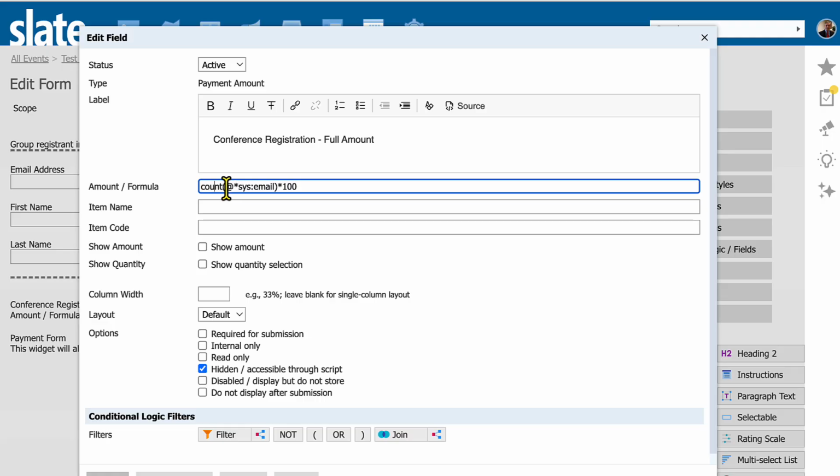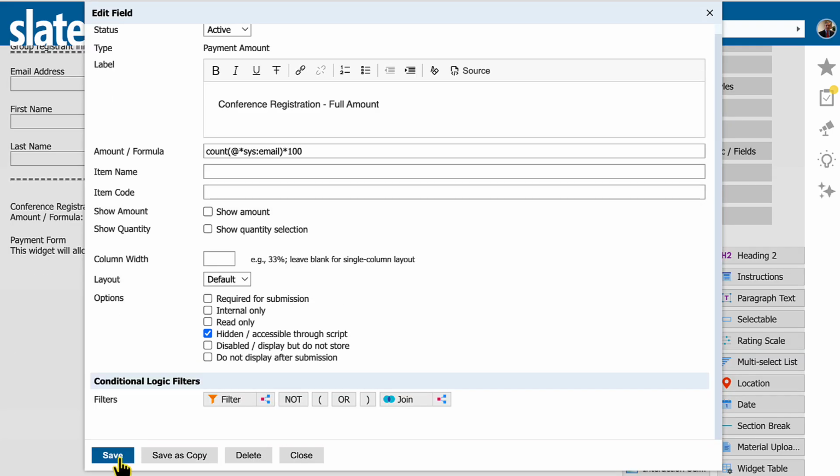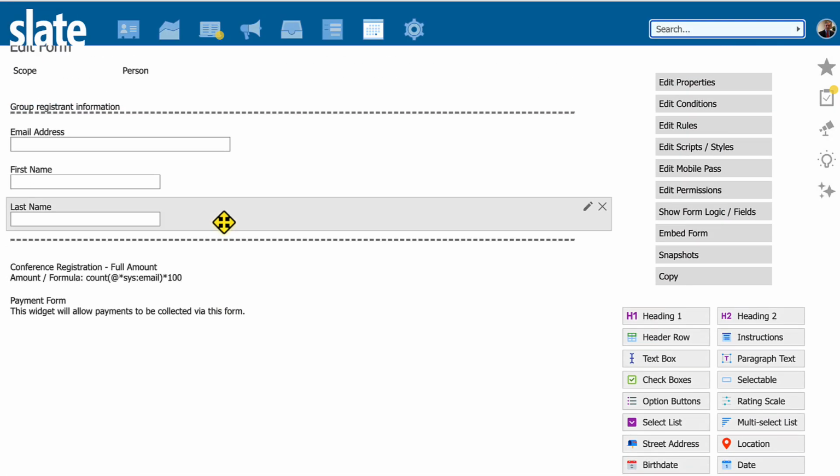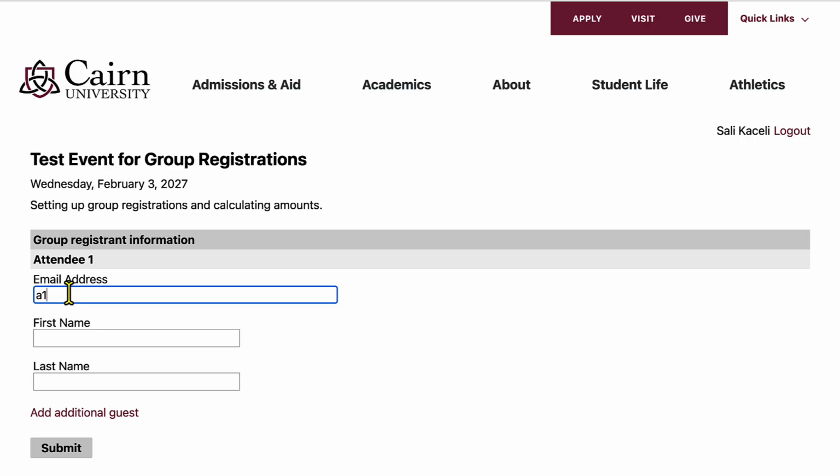So this part here, we are just saying, okay, go ahead and count all of the email entries and multiply them, and then however many you determine that were entered, multiply it by 100. Then press save. Now if we go to test this, and for simplicity I'm going to use just A1 for attendee1 at